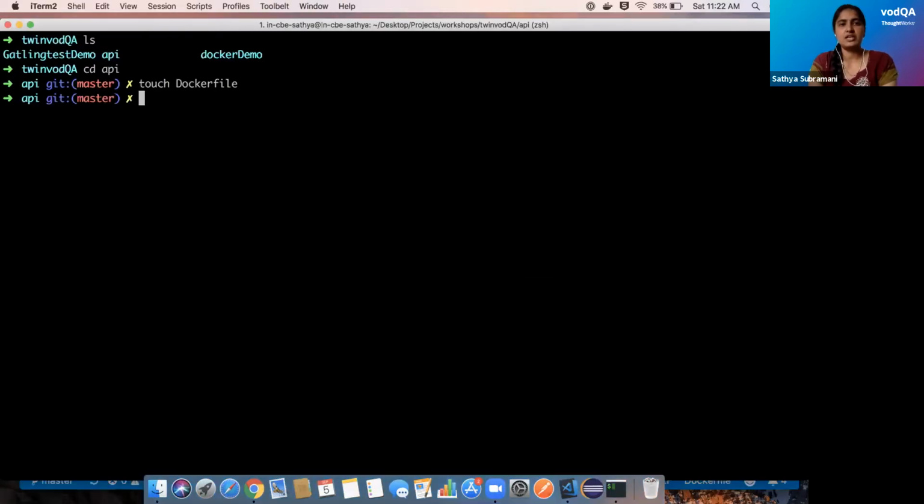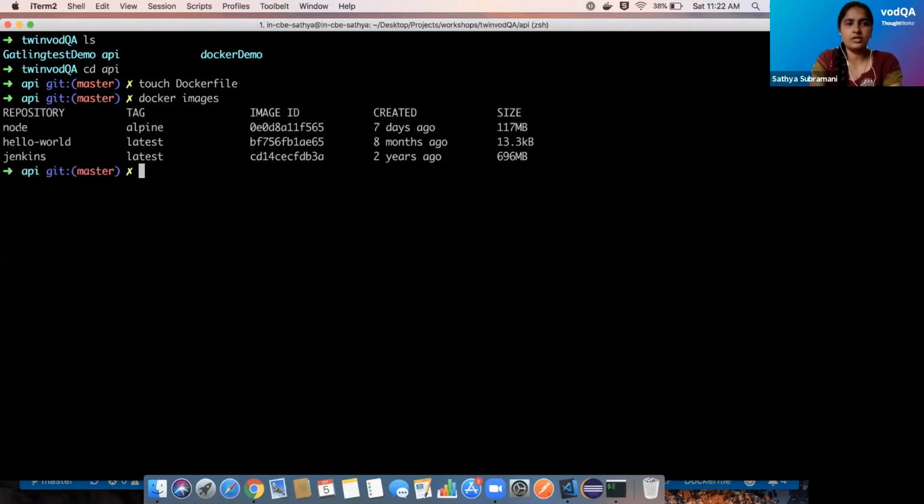In the previous session, Ravi mentioned that we have to write a Docker file. If we build that Docker file, it will create an image. If you check docker images, since we ran hello world, I'll have just these three. Now I'm going to build the Docker file created here: docker build -t, where we give the image name. I'm giving app-image followed by a dot, so the image is created from the current working directory.